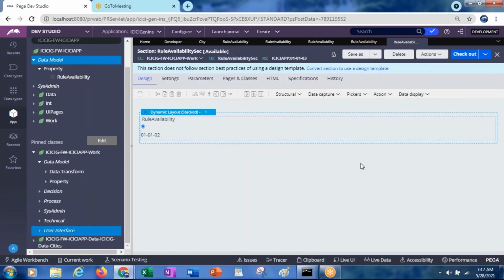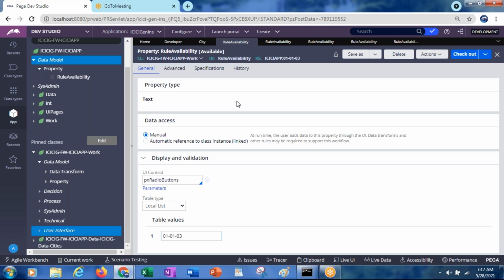Jagdish, any idea? It will go to the previous version, 010102.